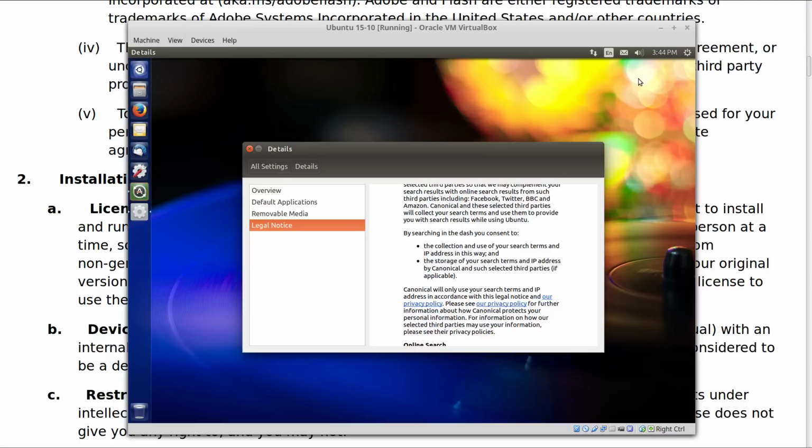Now, Ubuntu here is just doing search results. I don't like the fact that they log your IP address, because an IP address through your ISP, they can find out who you are. They know who you are. They can go to the ISP if somebody really, really wanted to, okay? Of course, there's safety in numbers. So it doesn't necessarily mean that you're in danger because you're using this stuff.